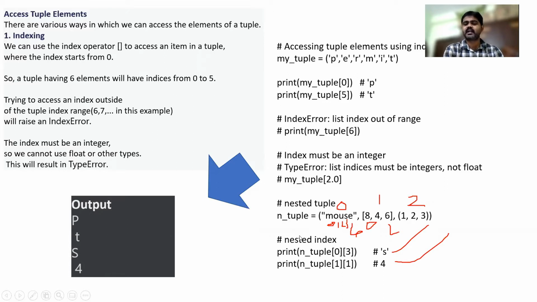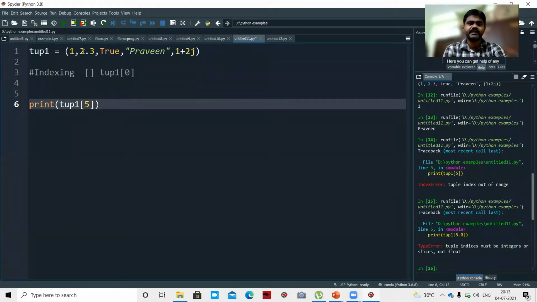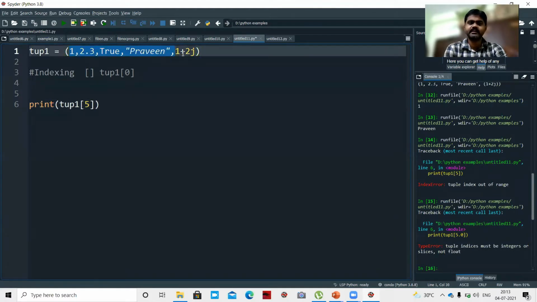We can also give nested tuples. Let me show this. Let me change the tuple here. If I have 1, 2, then I'm giving a tuple here, 3, 4, 5, and I'll give a list here, 6, 7, 8. Total how many elements do I have here? Total 4 elements: 1, 2, 3, and 4. This entire tuple is one sort of an element. When we talk about this particular tuple, this entire list is one element.